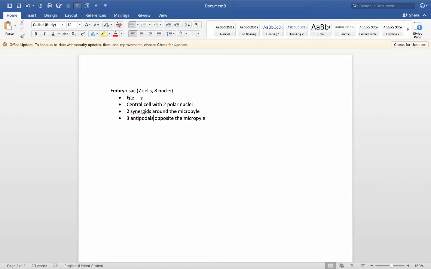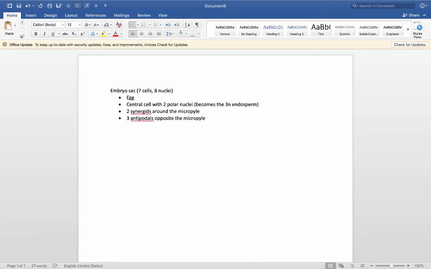So we have the egg, that's 1 cell. Central cell is 2. The 2 synergids is 4, and the 3 antipodal cells is the 7 cells we talked about. The egg has 1 nucleus. There's 2, 3, 4, 5, 6, 7, and 8 nuclei there. So this entire thing is the embryo sac. The egg is what's fertilized. The central cell is going to become the triploid